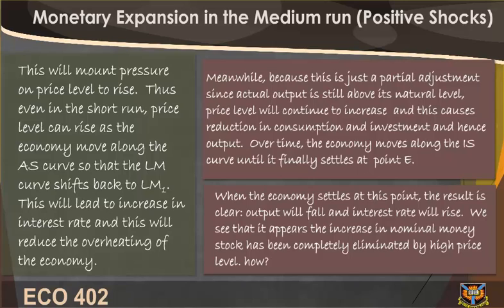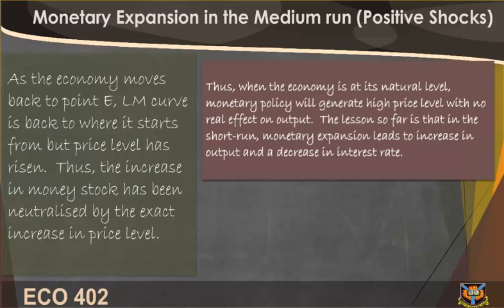We see that it appears the increase in nominal money stock has been completely eliminated by high price level. How? As the economy moves back to point E, the LM curve is back to where it started from, but price level has risen. Thus, the increase in money stock has been neutralized by the exact increase in price level. Thus, when the economy is at its natural level, monetary policy will generate high price level with no real effect